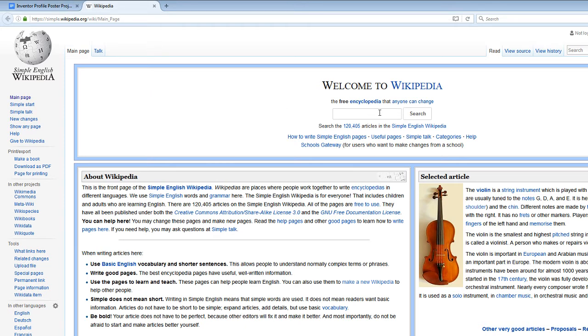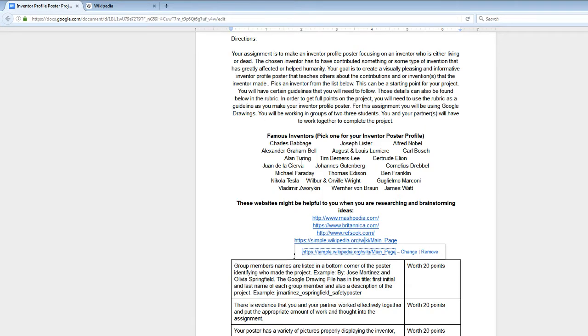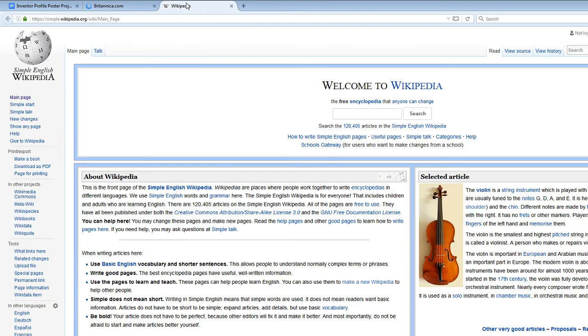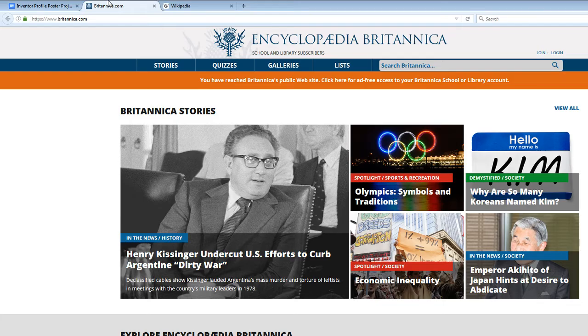Just know that when you're using Wikipedia, because other people can edit Wikipedia, it doesn't necessarily mean the information is accurate. So if you find something on Wikipedia, it's always a good idea to check it against another source. So like if you find something on Wikipedia, you want to check Britannica and make sure it matches up, because